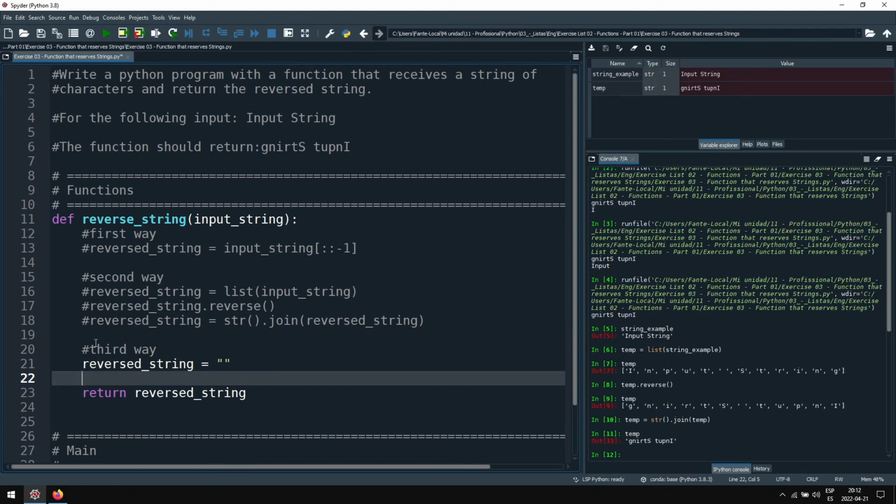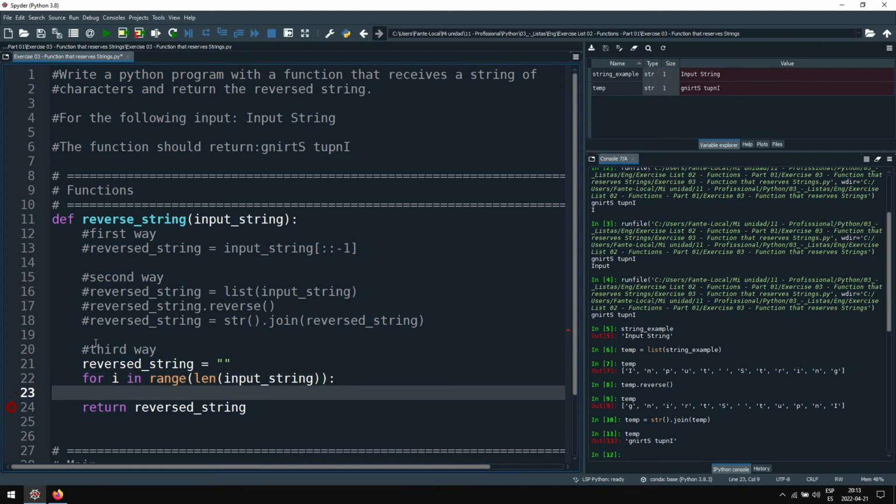Now we go for each element in the input string and concatenate it in the reversed string from the end to the beginning. So for i, the index that we use, in range of the length of the input string, because I want to go through all the indexes of the input string. And for each one of these elements we concatenate. So the reversed string